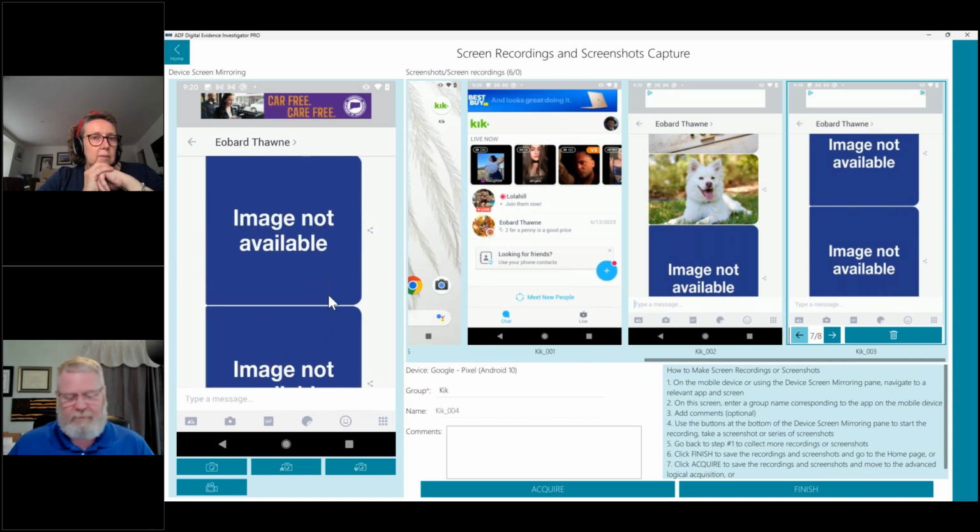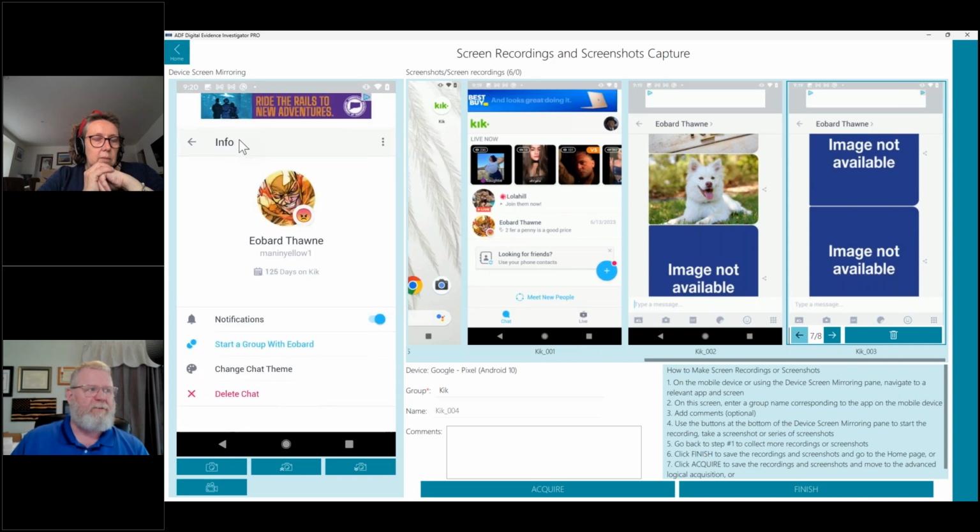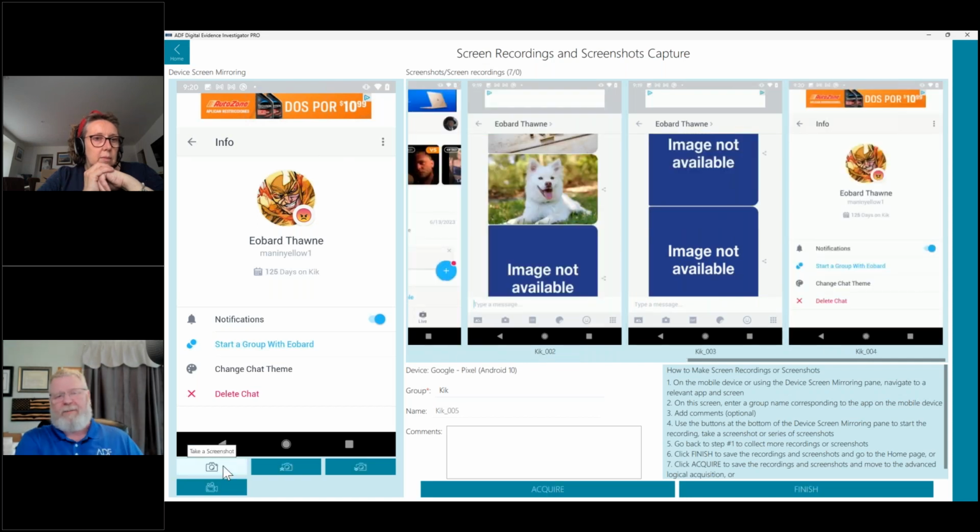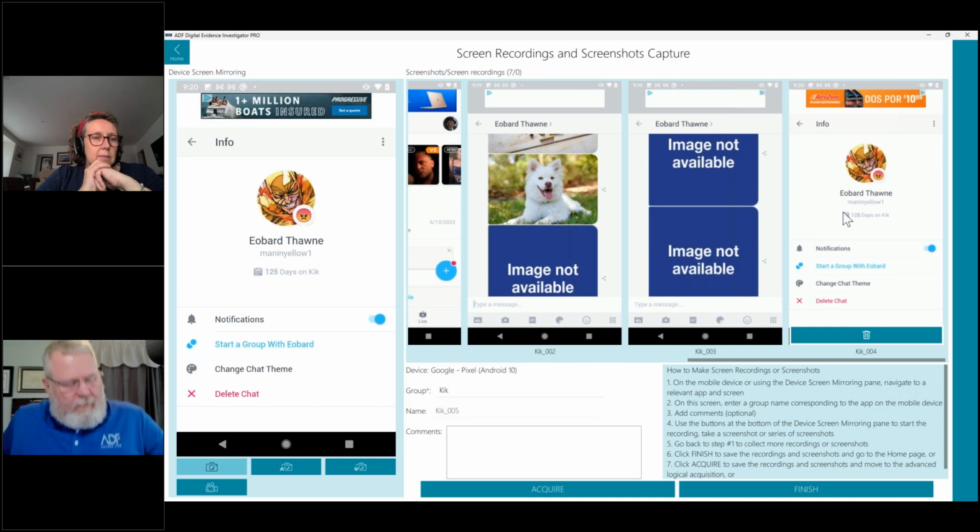One of the nice things here too, you're dealing with a victim, and we don't know who this person is possibly. Do I need to figure this out through some sort of legal process? If I click on that person's name, now I have their actual user profile information from Kik, and I can memorialize that as well. And very easy to explain. Hey, this is how I'm going to catch this person and lock it into who it is that sent this or who was talking to you, making sure we have the right person. So again, very easy to work with your victim and make them feel comfortable about what you're taking.